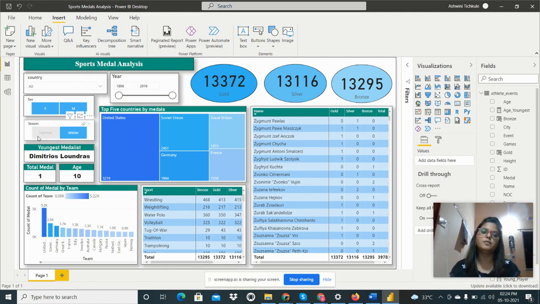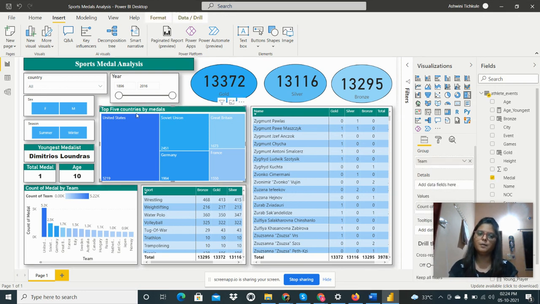Then this chart is the tree map I added from the visualization pane, showing the top 5 countries by medals.